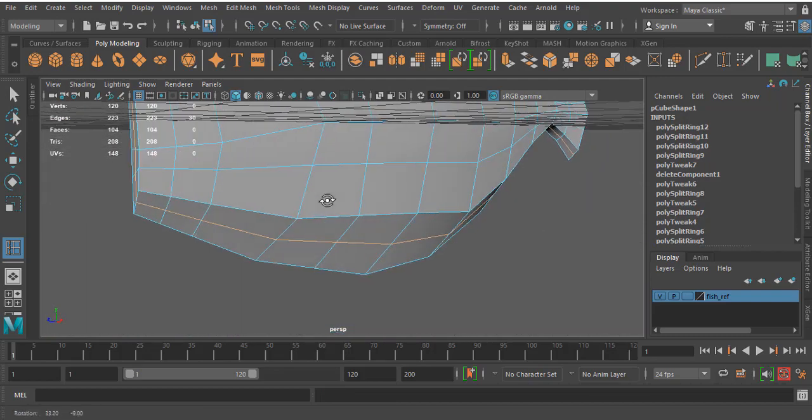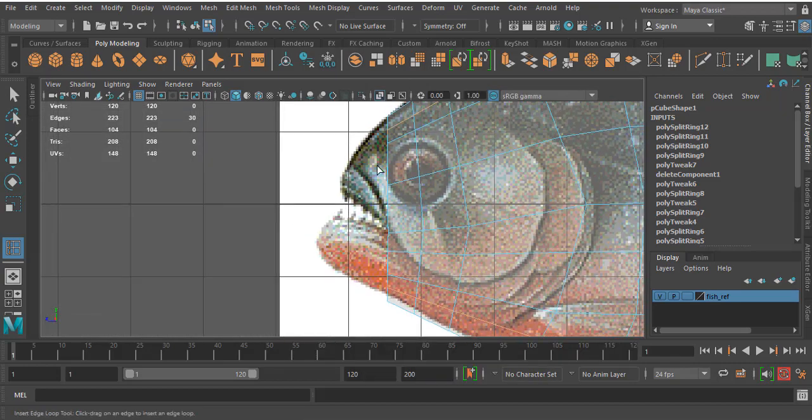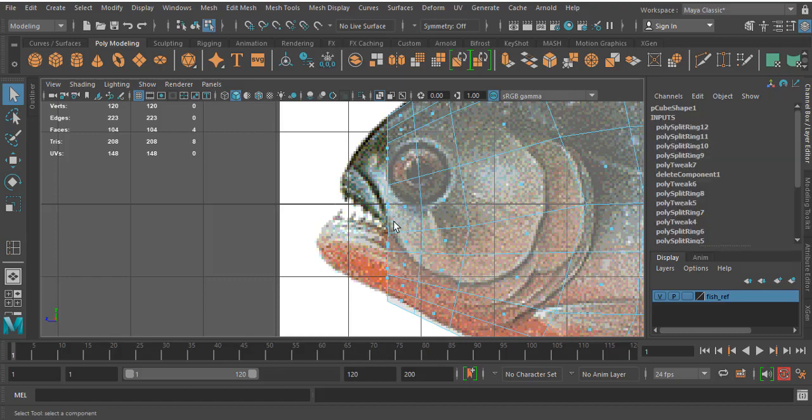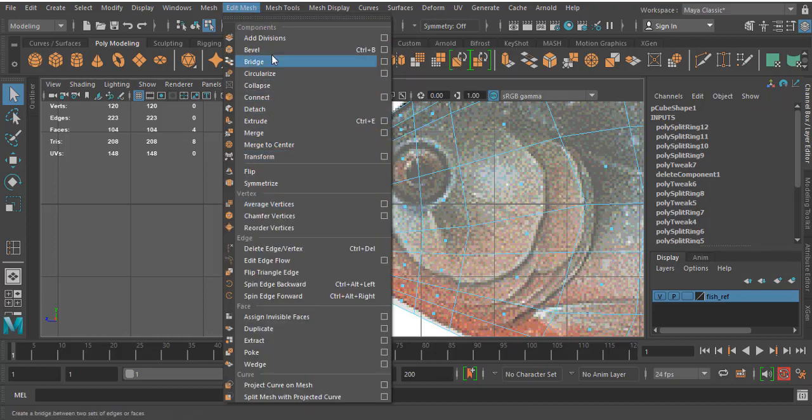Now I'm going to select the faces. Select these faces. Anyway, the mouth is open over here. I'll go for the extrude option. So go to Edit Mesh, click on Extrude.